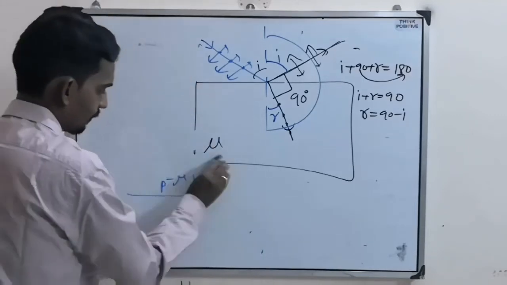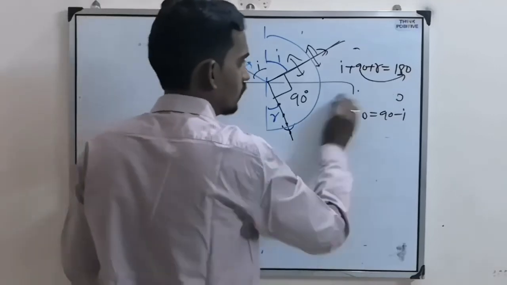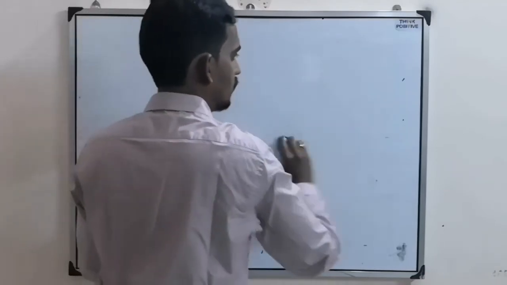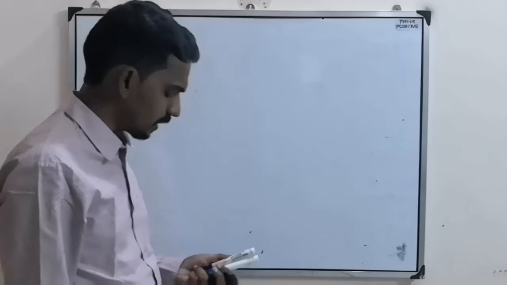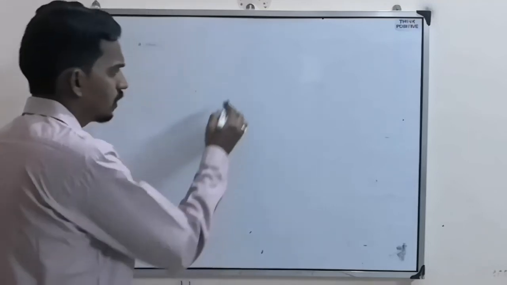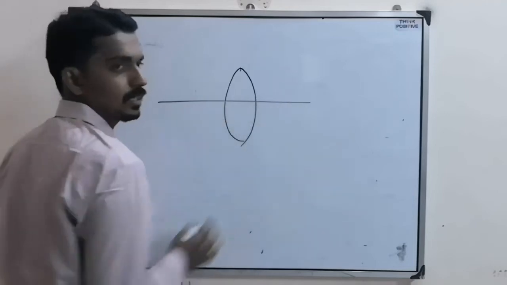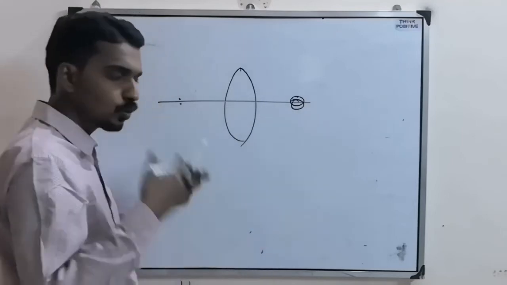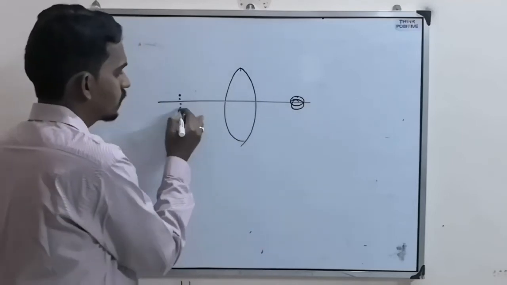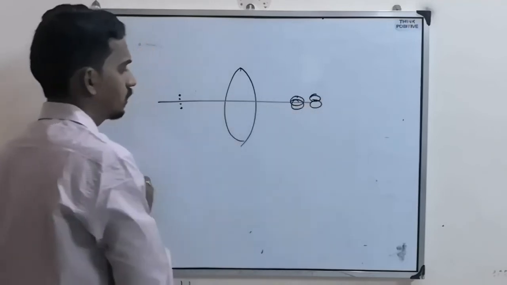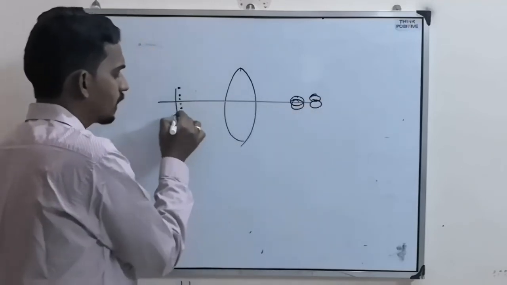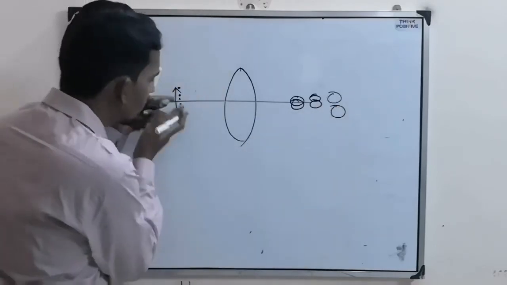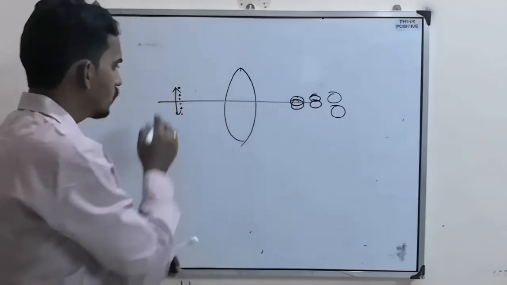Now see, one last and final thing, that is resolving power. Resolving power means, in a simple manner, suppose there is a convex lens. You take two objects very close. The images come superimposed, overlapping. Now you increase the separation and they become a little bit separated. As you keep increasing, at a particular minimum distance you will get independent images, below which you will get overlapped images.